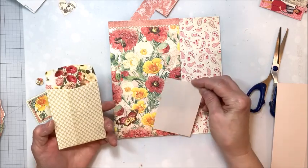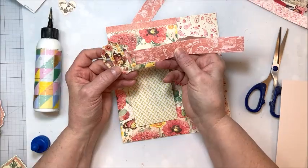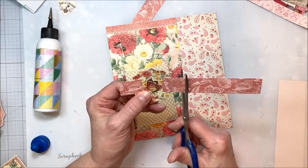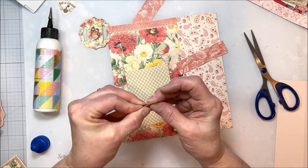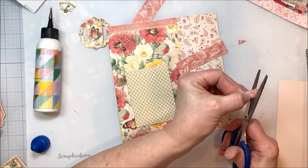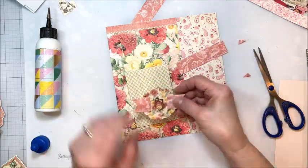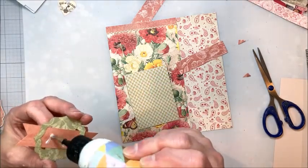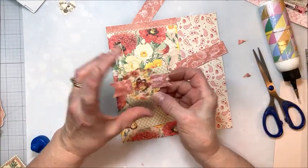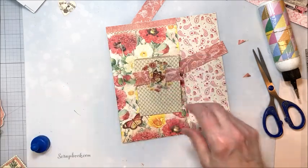All right, so now that we've got this done, bring in your little ATC envelope, and I've cut a little piece of cardstock that's 3 3/4 inches high to fit in there. We have this pretty butterfly, and we can run a piece of our designer paper, our patterns and solids paper, through it like this. Make a little banner flag to go there. And then we can glue this down at the top. And take the word peace